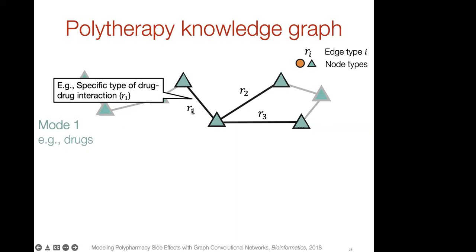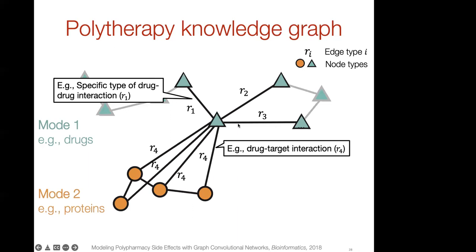So R-sub1 might represent, for example, bradycardia, which would be interpreted as bradycardia is a side effect that can occur with certain probability in patients that take both drugs together and cannot be attributed to either drug alone in that combination. So we built that knowledge graph together with collaborators from FDA based on their National Adverse Event Reporting System, and